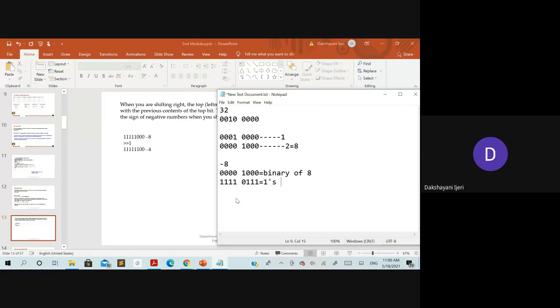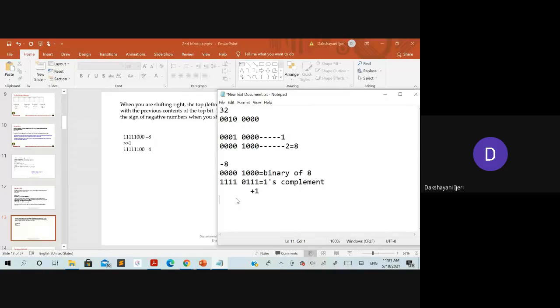This is said to be the 1's complement over here. Right. So to this, how to do the 2's complement is, simply you need to add 1, ma'am. Yes, simply you need to add 1 to this last bit. Okay, so if you do so, how to do the addition of this?